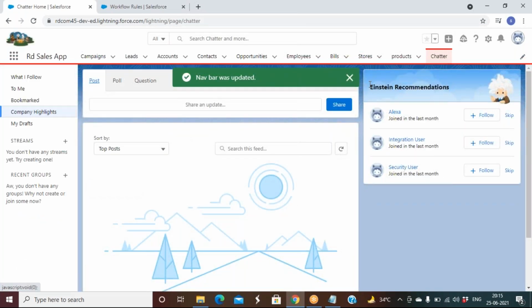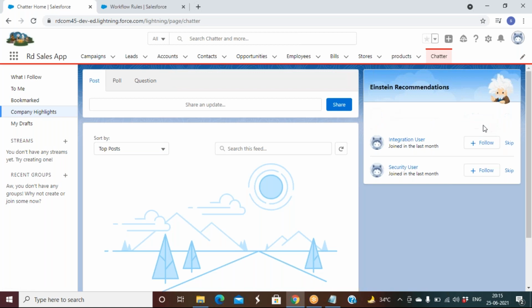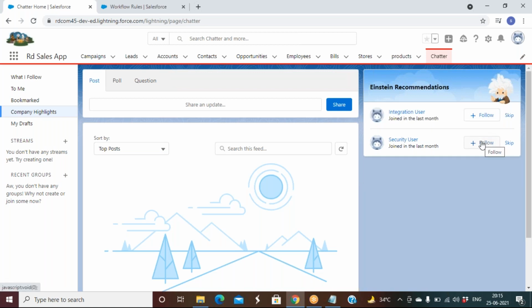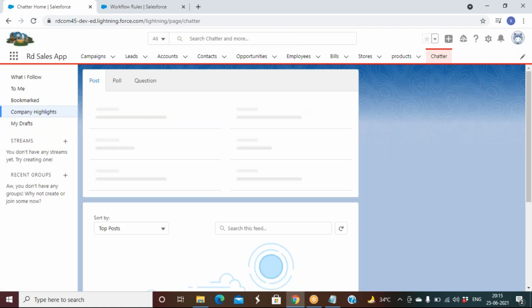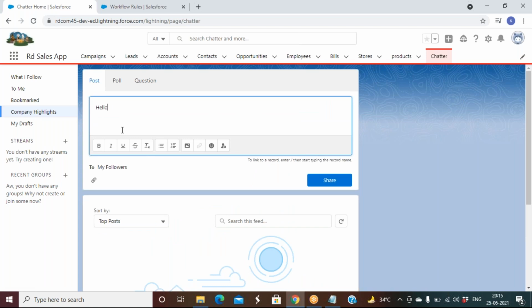Chatter. Okay, so you can follow each other, like you follow your favorite superstars on Twitter, Instagram, right? You will be following someone, right? You can follow like this, and you can post a message here saying, hello all, good morning. By using the at sign, you can mention a person, Alexa. You can post in bold, italic, underscore.